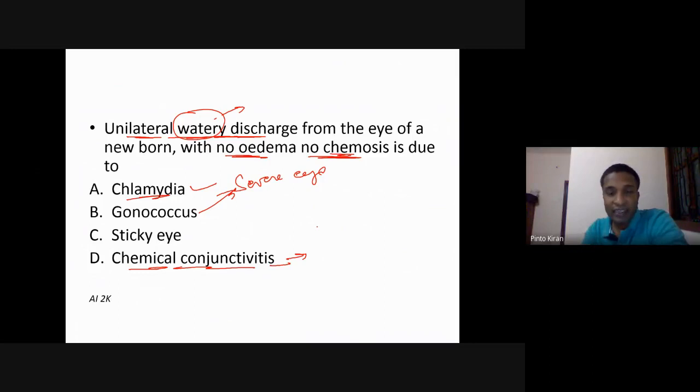And normally the bacterial infections are very severe. If you compare bacterial and viral conjunctivitis, bacterial are very severe. They will have a pseudomembrane formation. I explained in the previous slides. But if you compare to the viral infections, adenoviral is one of the very severe forms. But if you compare, bacterial has membrane formations.